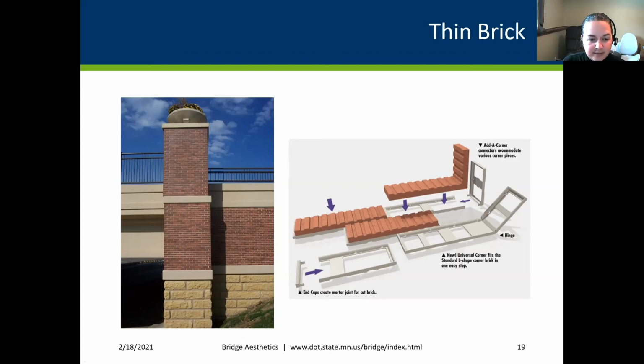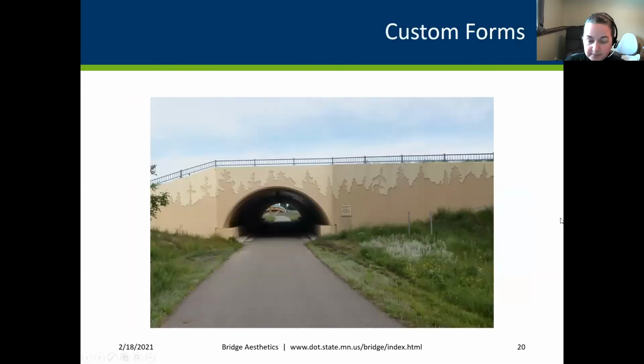But cost-wise, some of these features, the brick is a little bit more expensive. You're looking at $23 a square foot. Well, you have the form liner down here, and that would only be $15 a square foot. But by the time you paint it and then add anti-graffiti coating on top of it, your cost is now risen to be equivalent to the brick. So not all of these features are as expensive as you would think.